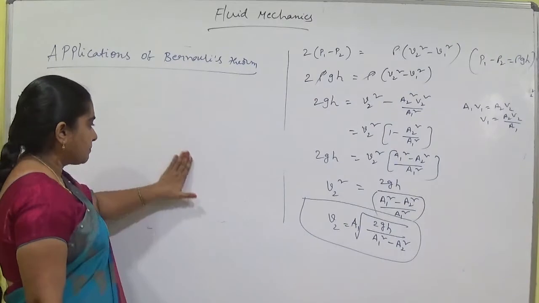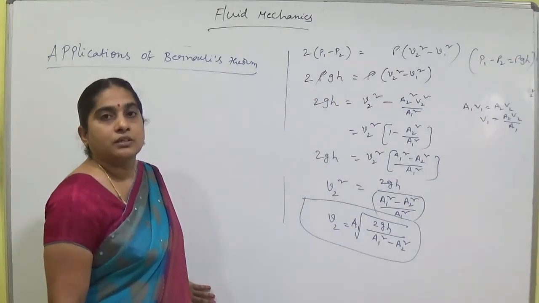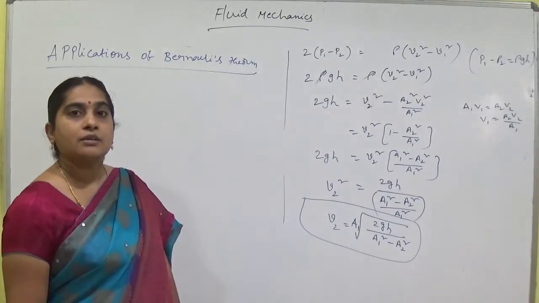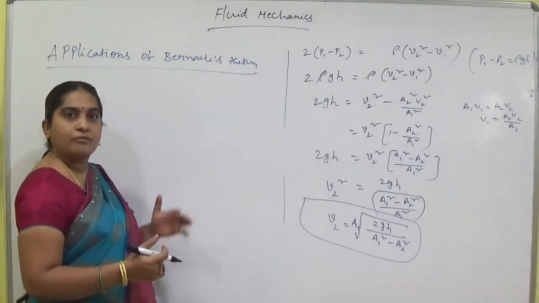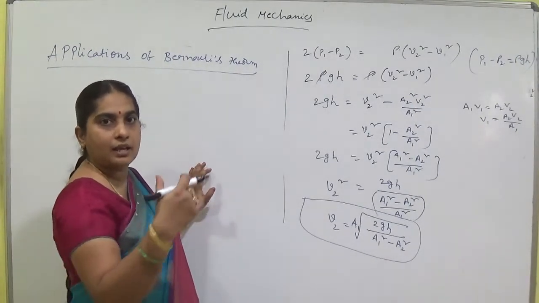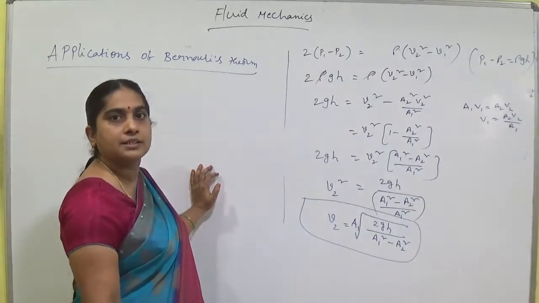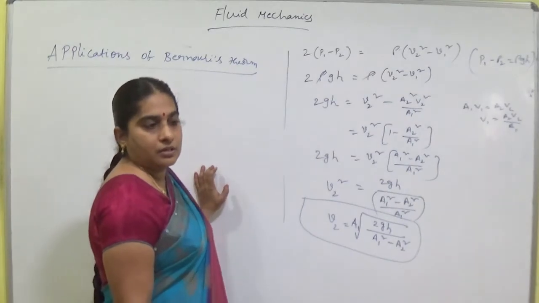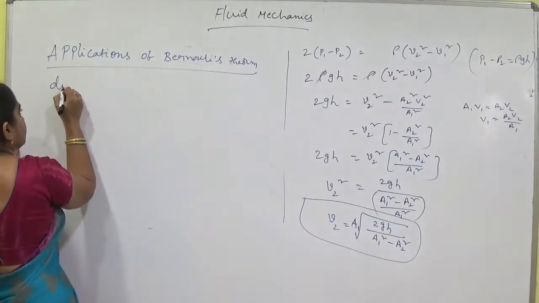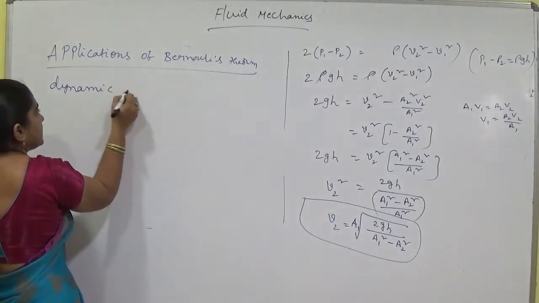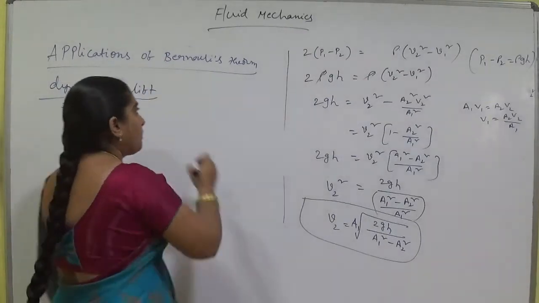Static lift. The reason is the variation of pressure with altitude. In the case of a balloon, the pressure on the lower surface is greater than that on the upper surface. So the difference in pressure exerts a buoyant force. There is another lift called dynamic lift, such as on aeroplane wings.